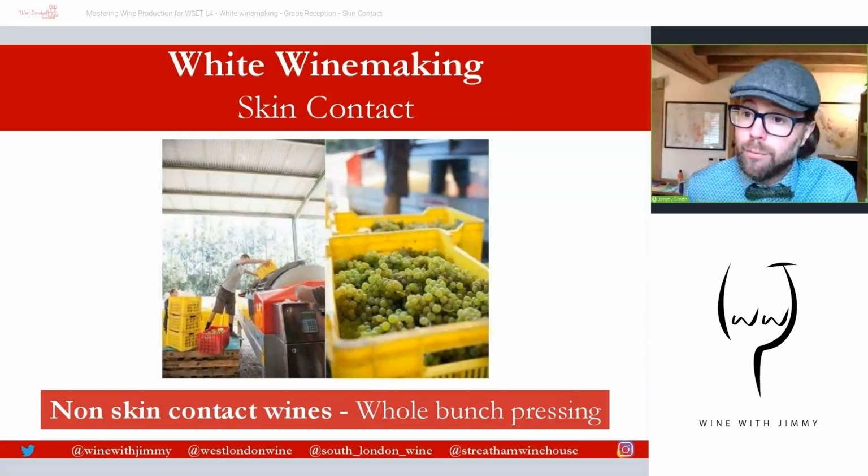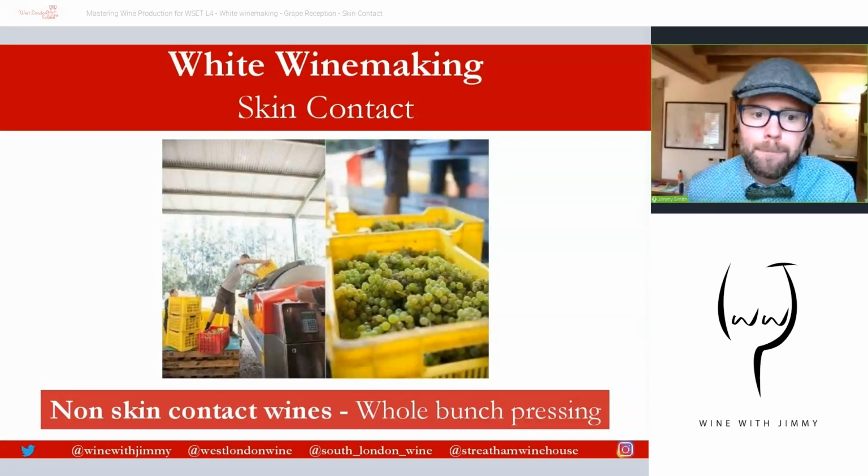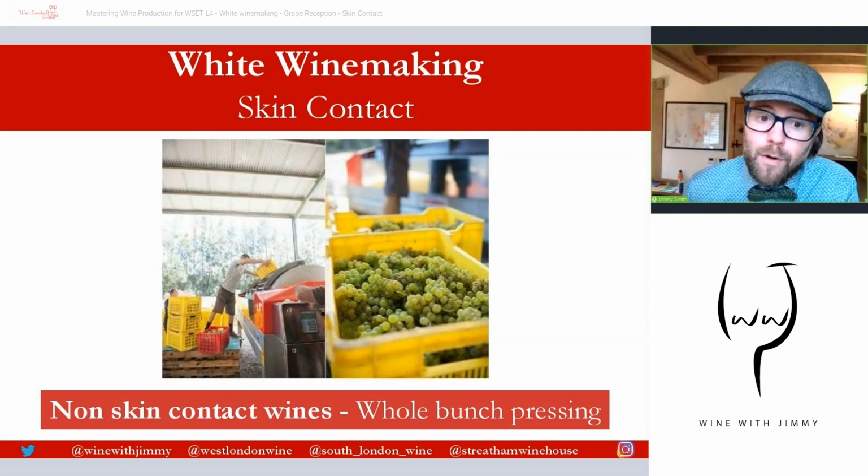This is because the principal aroma and flavor compounds of white grapes that are desirable in white wines are actually found mostly in the pulp or where the pulp attaches to the skin. So you don't actually need much more than that. To further limit the contact between the juice and skins and to reduce oxidation, some winemakers will practice what's going